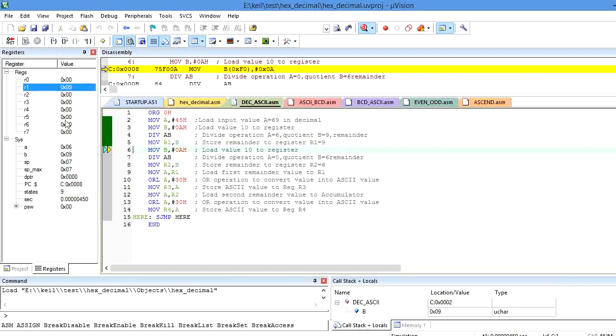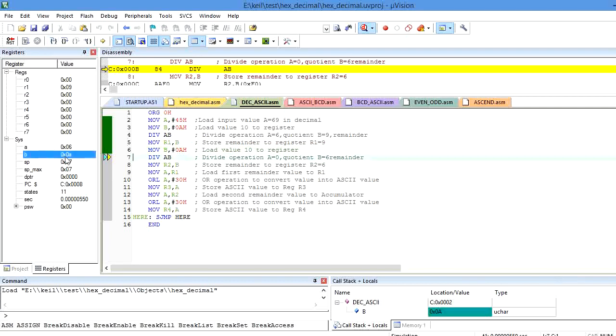Okay, and next the next digit I want to process. The next digit is 6. So I need to perform the divide operation by 10 here. In order to perform the divide operation by 10, again I am going to copy move B, 0AH. Now B is 0AH. Again I need to perform the divide operation, and whenever I perform it, A contains the quotient and B contains the remainder.